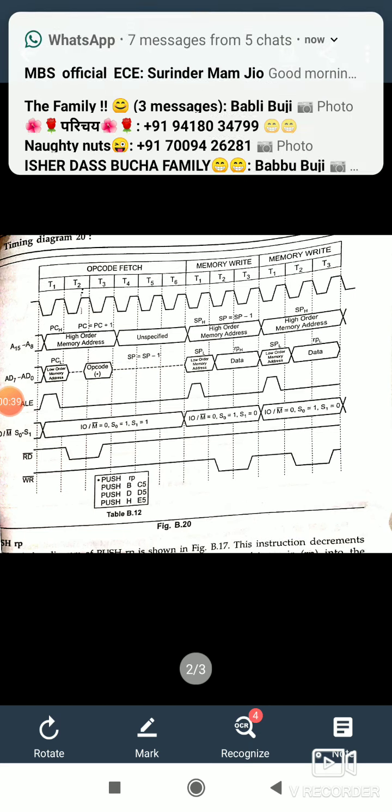Now if we talk about the timing diagram of push instruction, just recall your push instruction. In push instruction we save the 16-bit data into the temporary storage, that is stack, and it starts from a stack pointer. How we will store the data? We will decrement the stack one by one, and we will put the higher byte of data first and then the lower byte of data next. So for that we are basically writing the data, we are sending the data from the microprocessor to the memory.